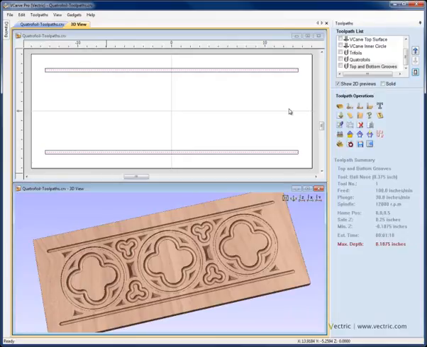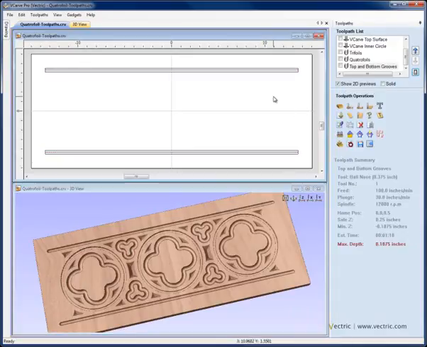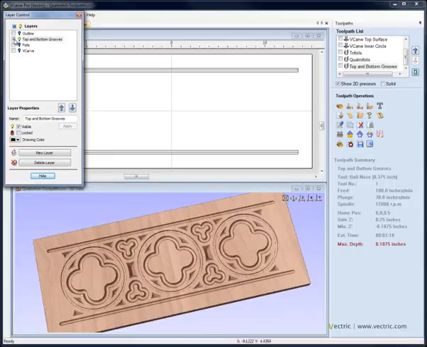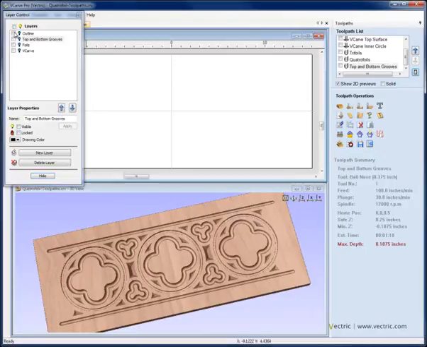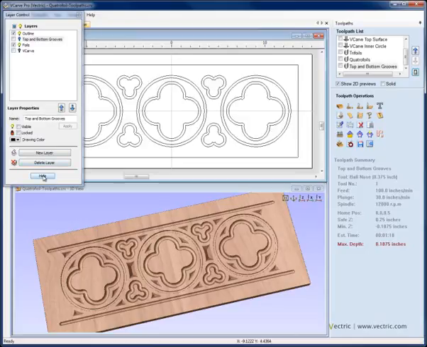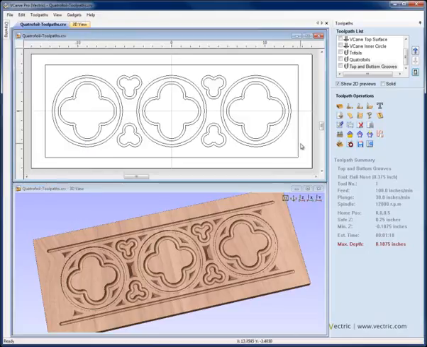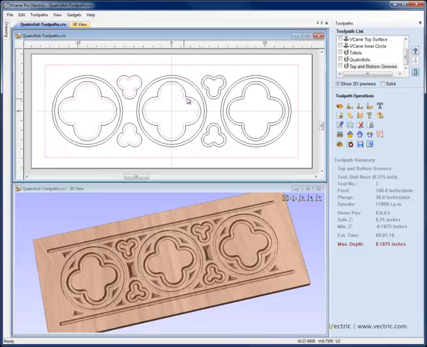So I'm going to go ahead and close the preview again, Control L to bring up the layer manager, switch off the top and bottom grooves layer, switch on the outline layer, switch on the foils layer. We'll go ahead and hide this again, and we're going to select this outside rectangle, and then I'm going to select the inner shapes for each of the quatrefoils and each of the trifoils so that we can cut those out. I'm going to come to create